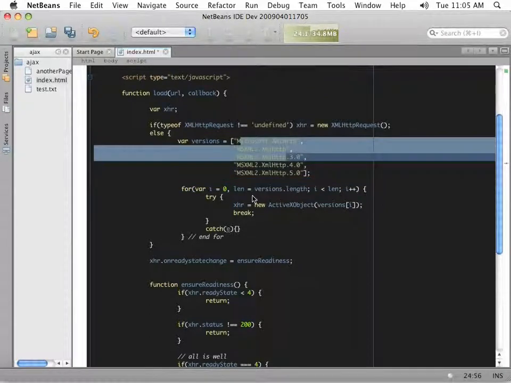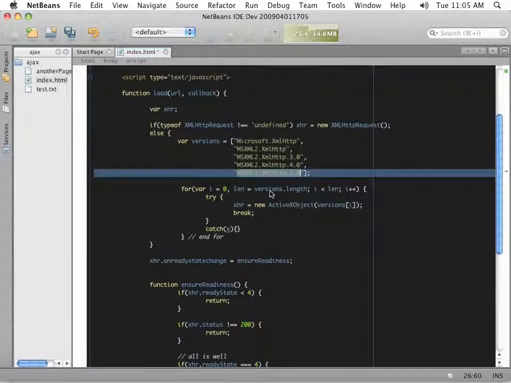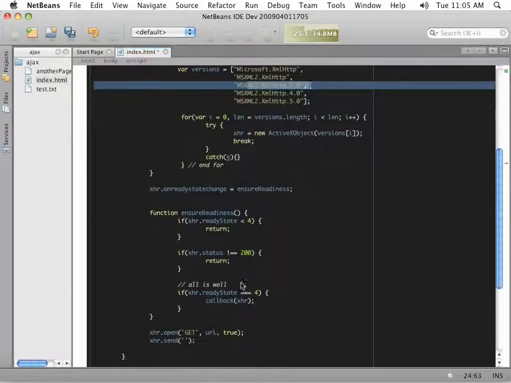But we're going to try that, and if it's not available to us, we know we need to go back and go one down. So if we try it and there is an error, we're just going to catch that error silently and not do anything with it. And then we're going to try the next one, and then the next one, okay? Finally, we are going to call